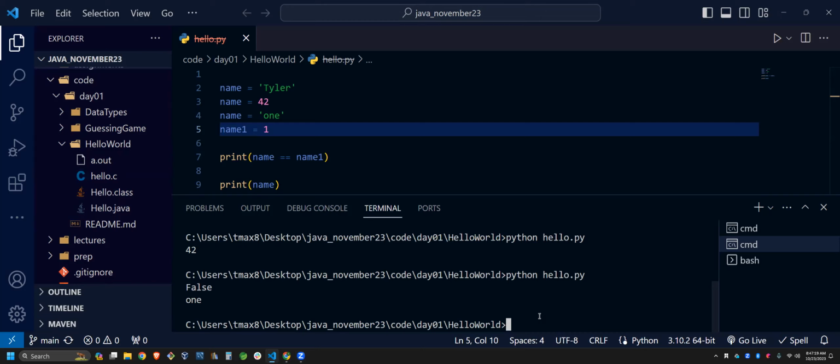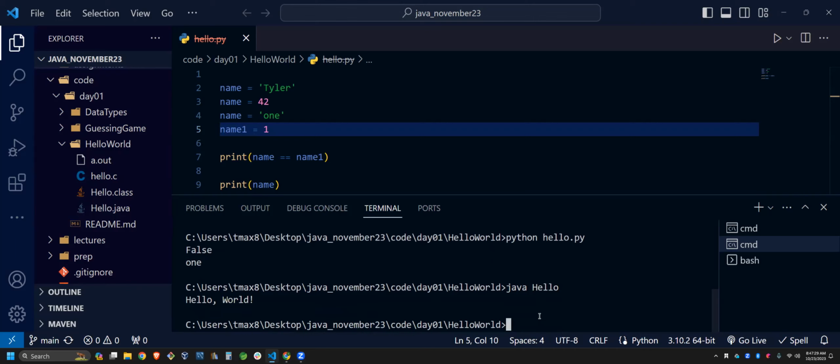So I'm going to say java hello, not run the C file, and I get hello world. Okay, so I wrote this code on a completely different operating system, completely different architecture, and the code that I wrote on Linux works just fine on Windows, which should be amazing, right?